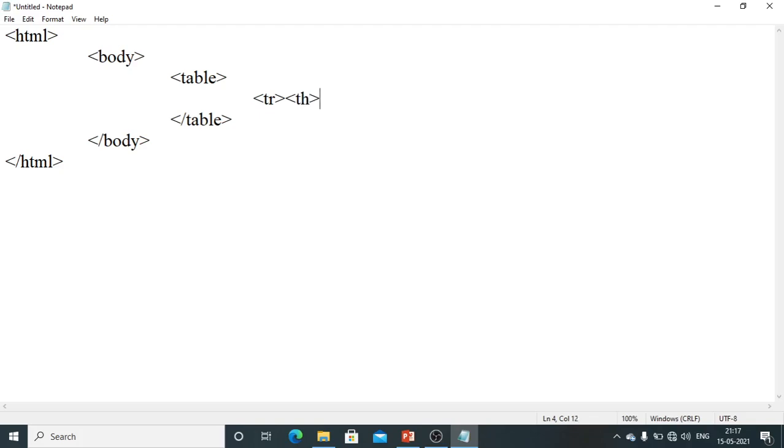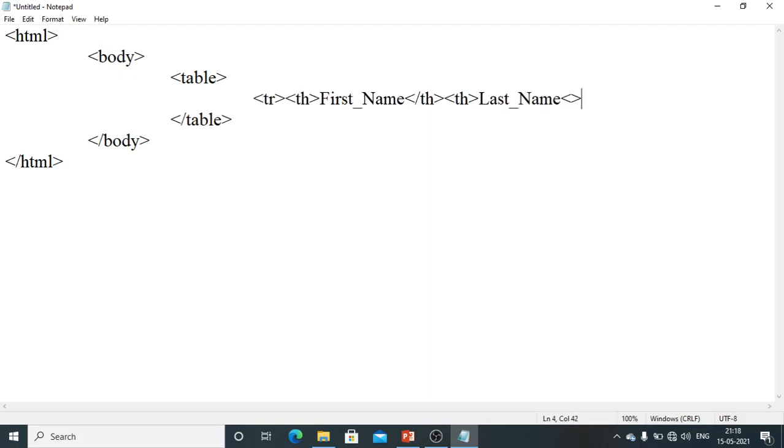So herein I am writing a table for getting the first name, last name and marks of the students. So let me get the first name. Once this table head is defined, let me close that. Next I will open another table head, and here I will write the last name.